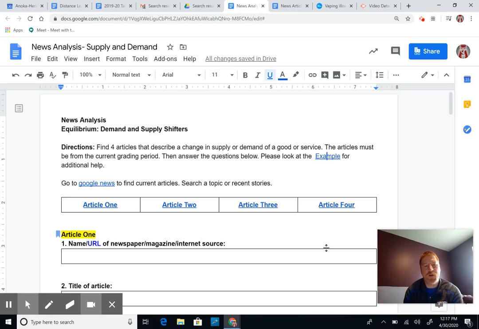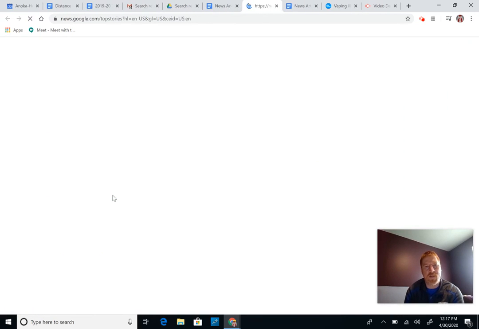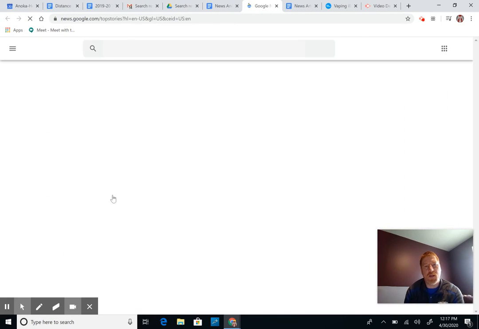So to look for the articles, you can just Google anything if you want. You could type something into Google, a topic that you think would have a high demand or supply at this point, or a low demand or a low supply. But you could also click on this link. It says Google News, and if I click on that, it will give me current